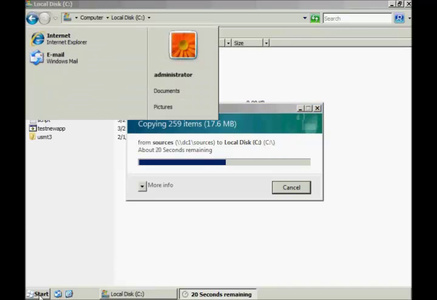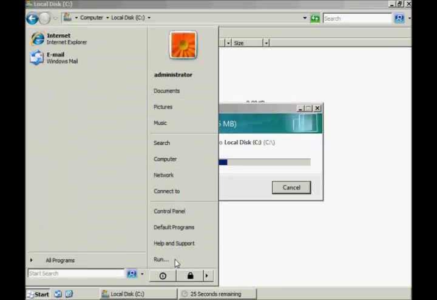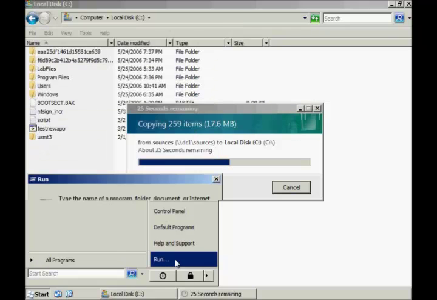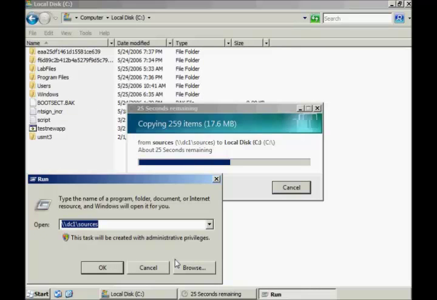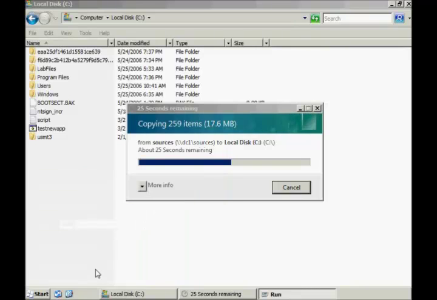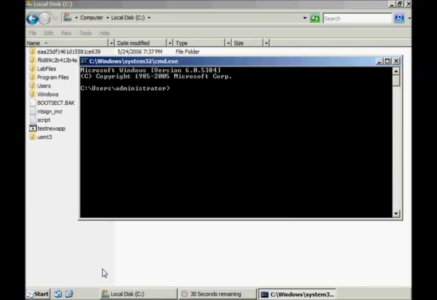Meantime, let me open up a command prompt and then type in the command to move to the usmt3 directory. So while loading the state into the machine, or restoring the state, you will use the command loadstate